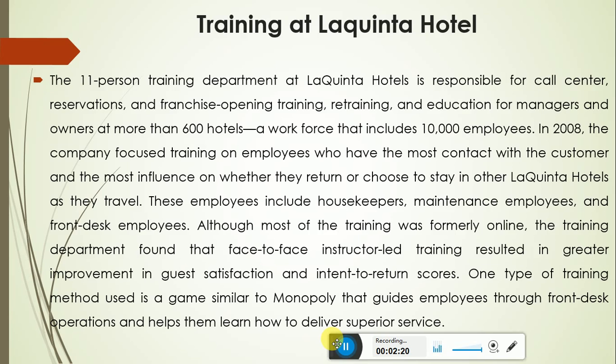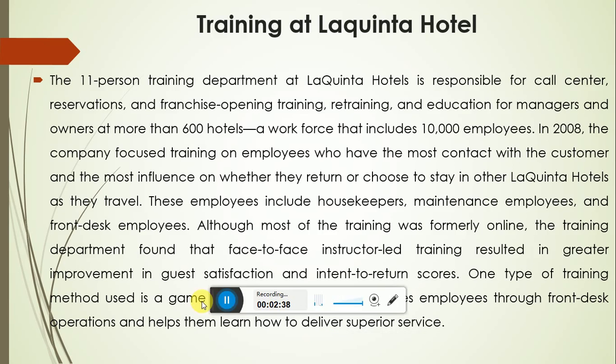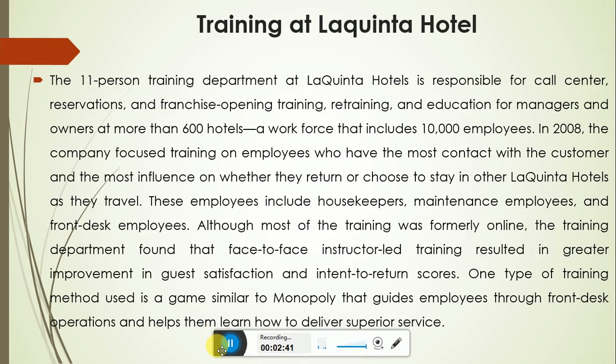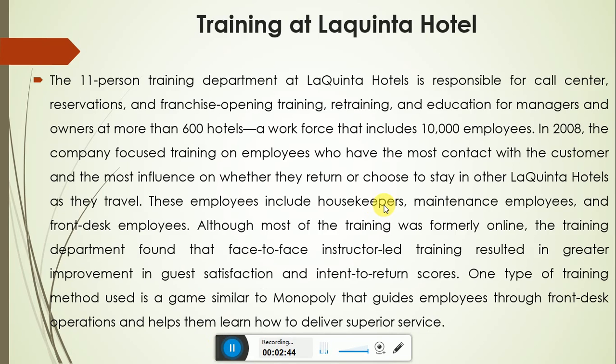Because if everything is fine, your hotel location, services, everything, but the behavior of the receptionist and maintenance worker is not good with the customers, so what will happen? Everything will go down. So that's why they have decided to provide training for their front desk employees, so they can be very professional, have a good relationship with customers, and satisfy the needs and wants of the customer, because that's the first glance.